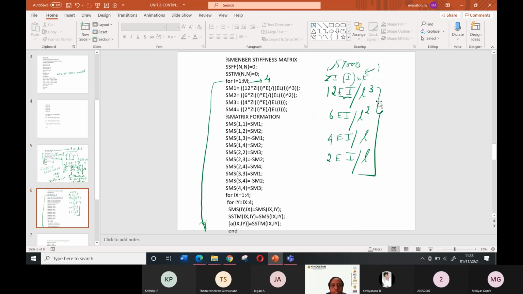Length of the member I have taken by this notation. EL into cube. Cube you have to put like this. Sorry, not here.